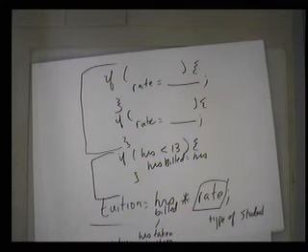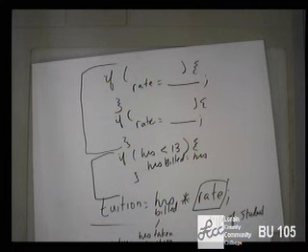Any questions about that? Yes? How many students should we put in our test? Well, how many test cases did we say we needed at the very least? 9. So there should be at least 9 students. Because again, there's 3 possibilities for the hours, there's 3 possibilities for the rate. So you need to test each of those possibilities at the very least.